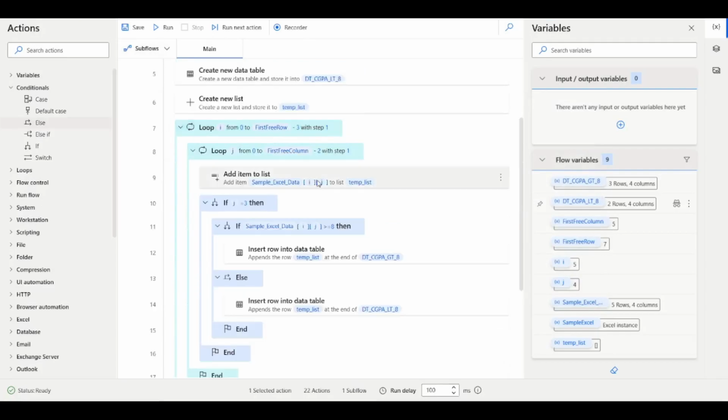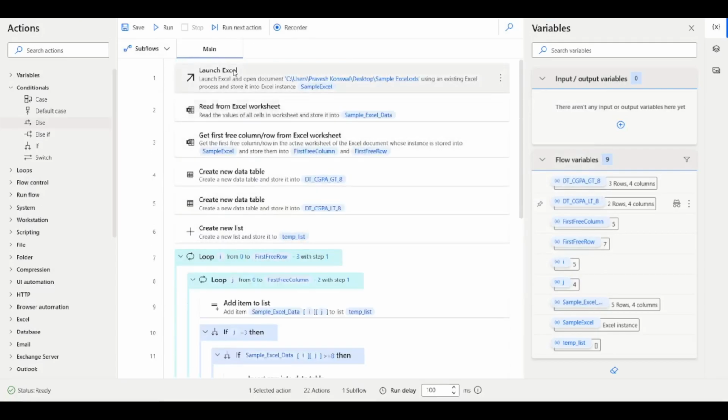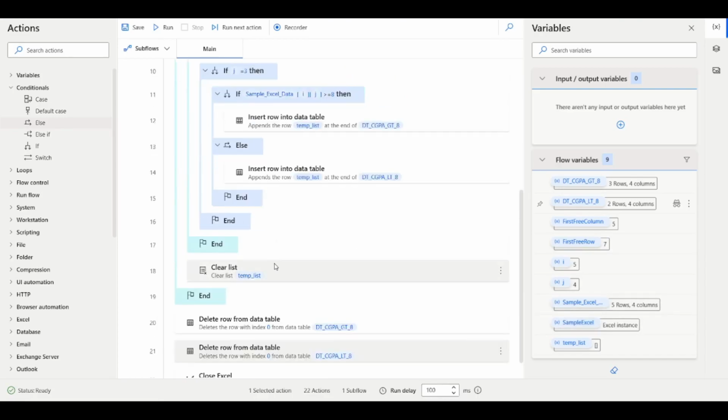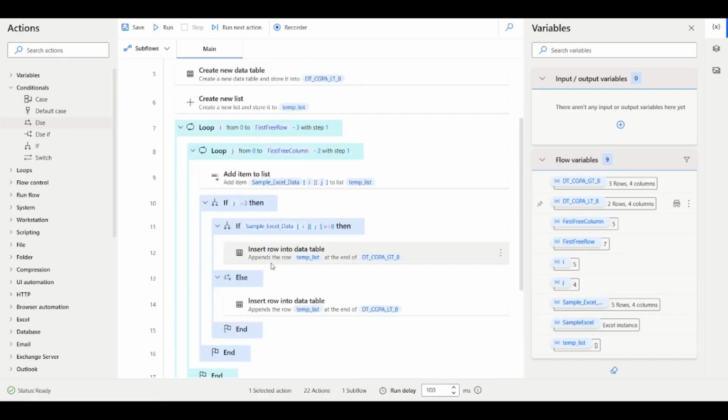I hope you guys understood how we can extract data from Excel, how we take the first free blank column, first free blank row, how we iterate this data table. Okay, so I hope you guys understood, and if you learned something from this video,